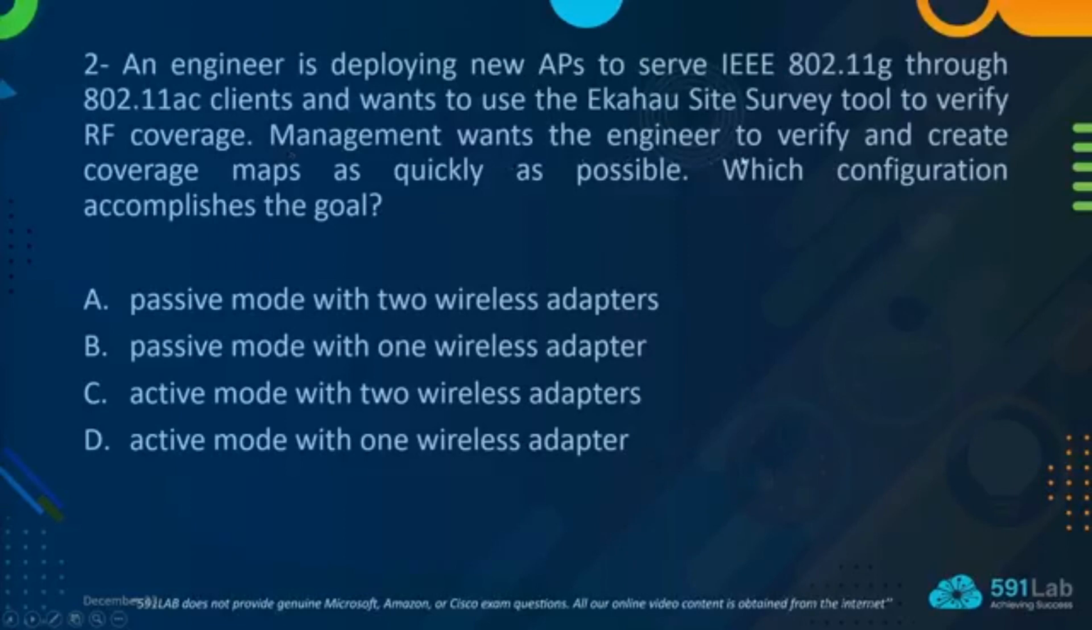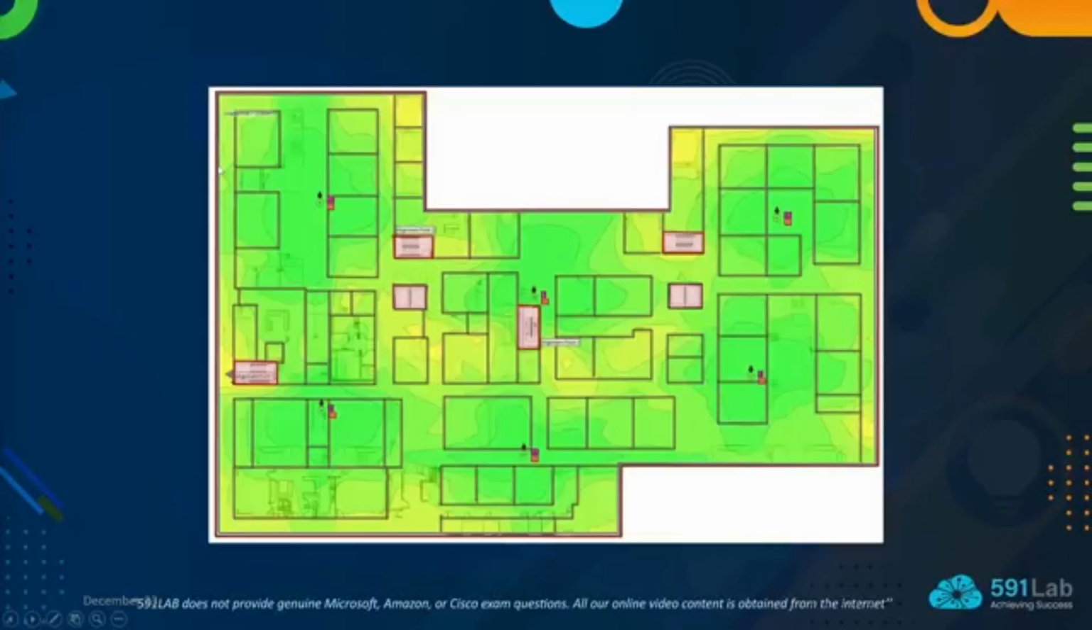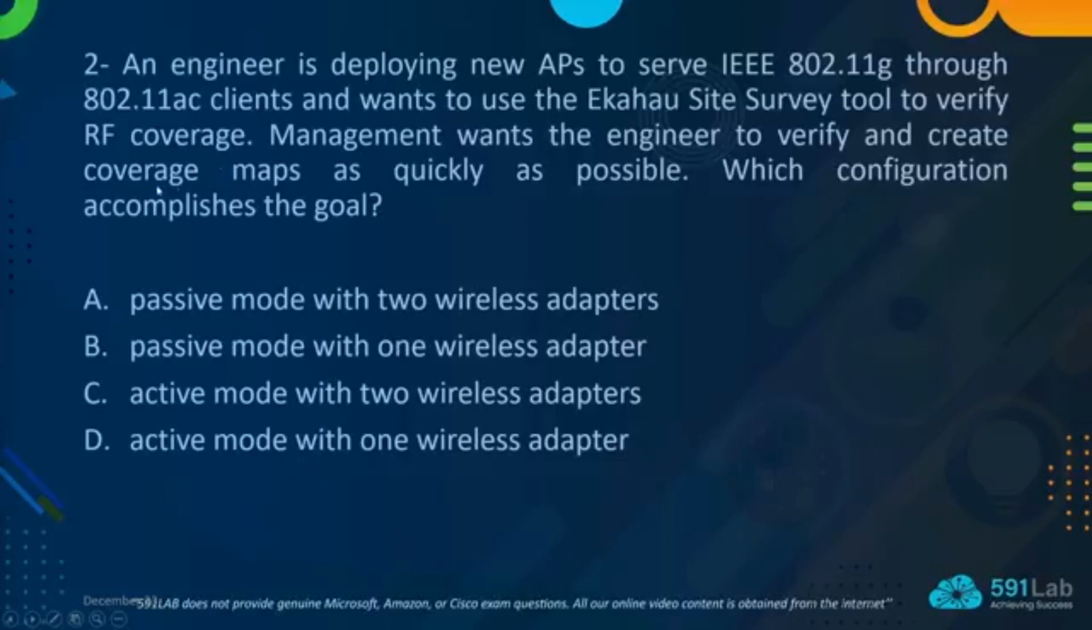Okay, so management wants the engineer to verify and create coverage maps, the one that we just saw, called a heat map or a coverage map, and they want it as quickly as possible. Which configuration accomplishes this goal? Okay, so if we're going to talk about